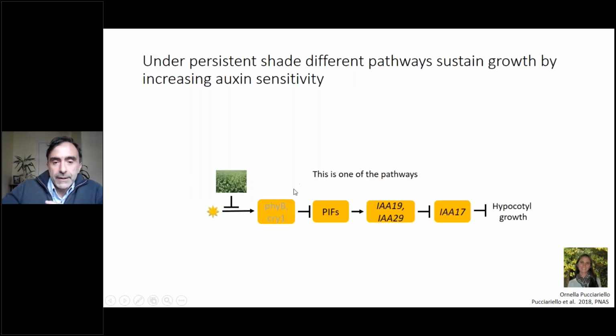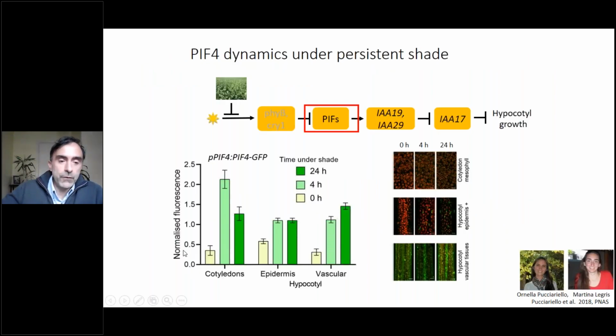The thing is that this persistent shade actually activates several pathways. I'm going to describe just one of them here, which involves the action again of PIFs and HOXIA proteins. You can see here for the case of P4 that in the cotyledons there is a large increase in the abundance in response to the first hours of shade. However, when we look at the plant 24 hours later, the levels of P4 are already coming down, and this might be one of the reasons why the level of auxin is already back to the levels